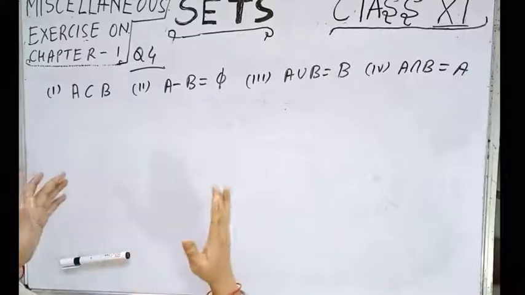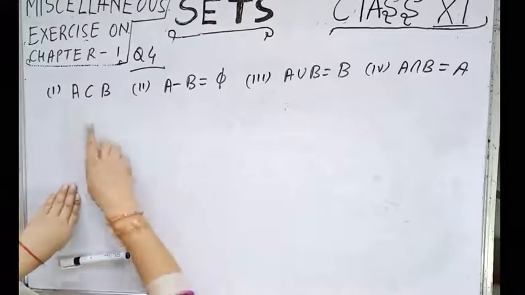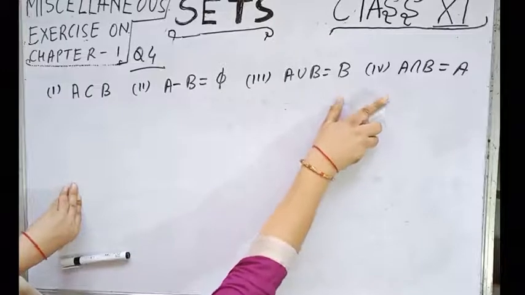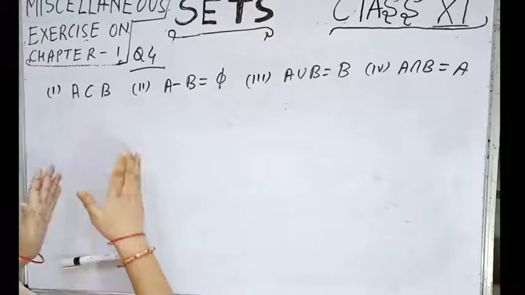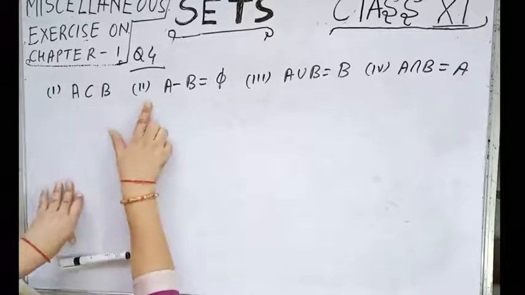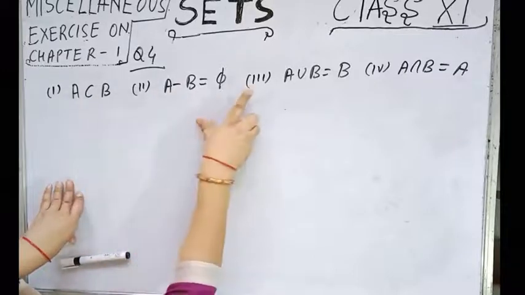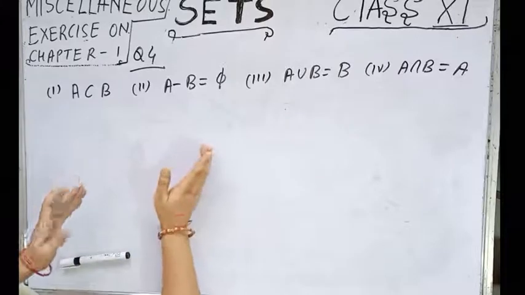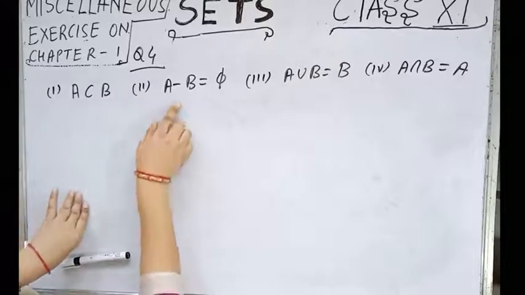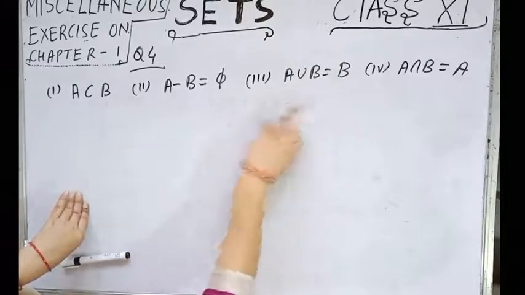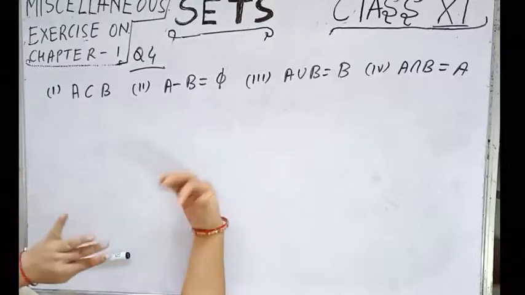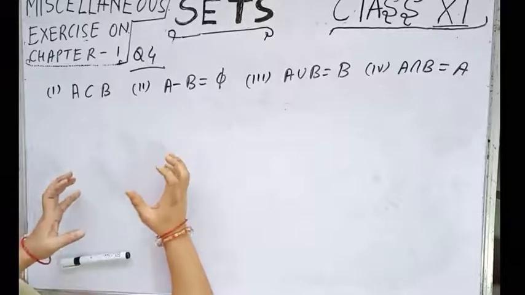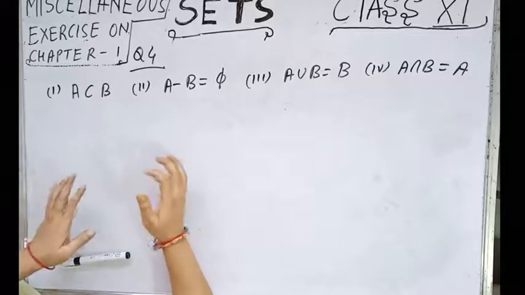Now in order to prove that it is equivalent, either we can start with 1 implies 2, 2 implies 3, 3 implies 4, and at last 4 implies 1. Or what we can do is 1 implies 2, 2 implies 1, 1 implies 3, 3 implies 1, 1 implies 4, 4 implies 1. Like this also you can do. Or what we can do is 2 implies 1, 3 implies 1, 4 implies 1, and hence all imply each other. So whatever way you prove, with concept you prove this sum.